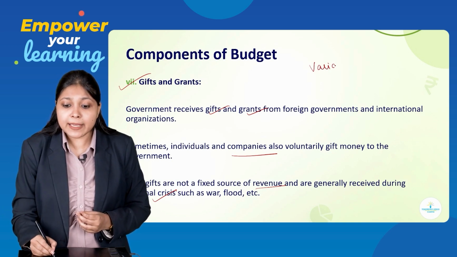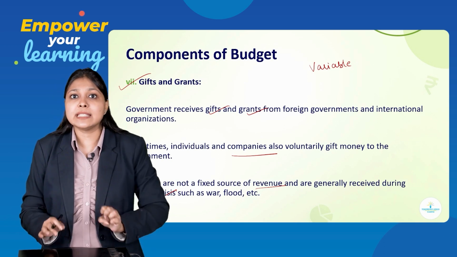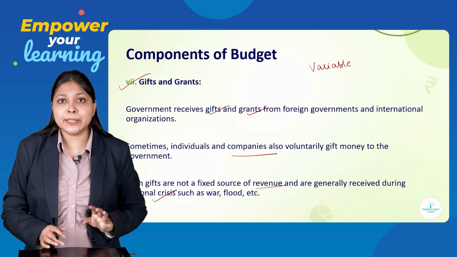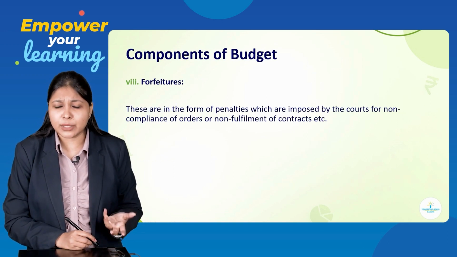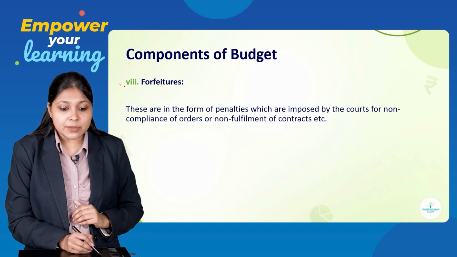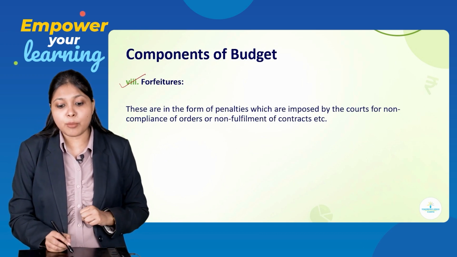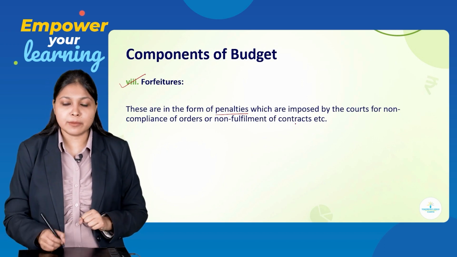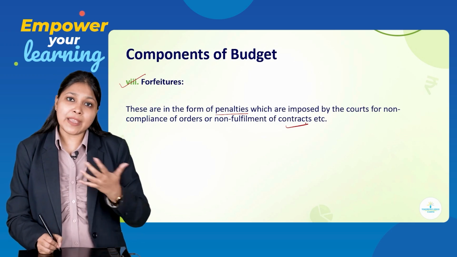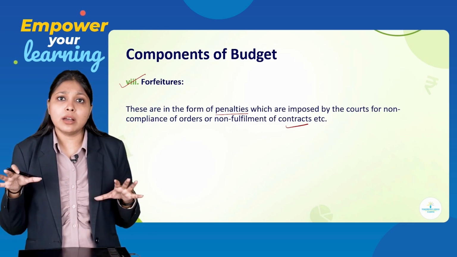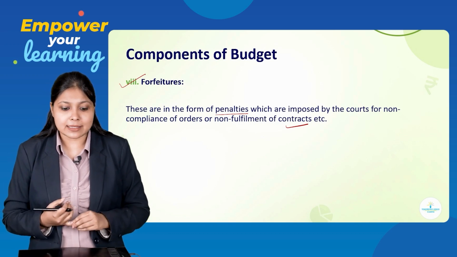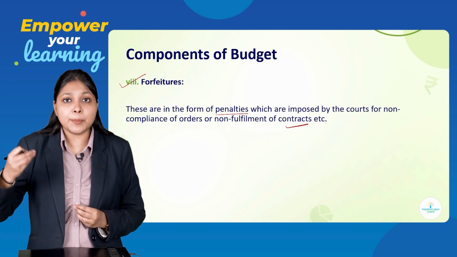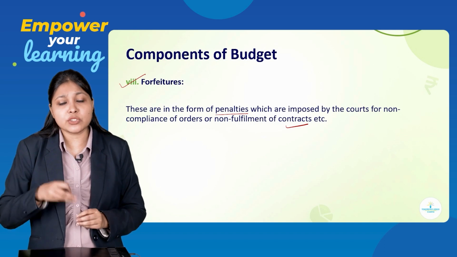These are all a variable source of revenue, because these gifts and grants will be received by the government whenever there is urgency or any national crisis in the country. For example, earthquake, flood, war, etc. Then come forfeitures. These are in the form of penalties which are imposed by courts for non-compliance of orders or non-fulfillment of contract, etc. If anybody is failing to follow the compliances or fulfill contracts, if there is any breakage of contract, then again the person will have to pay some kind of penalties, which is called forfeitures